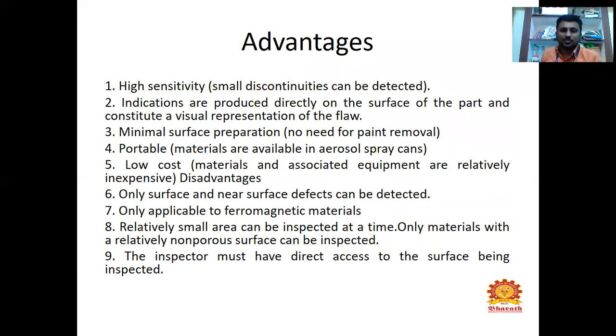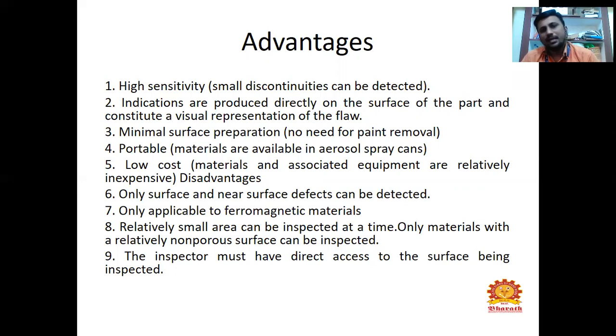Now see the advantages of the magnetic particle method. Highly sensitive: small discontinuities can be detected.